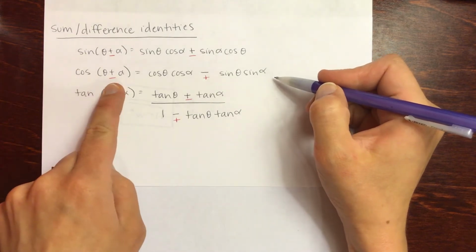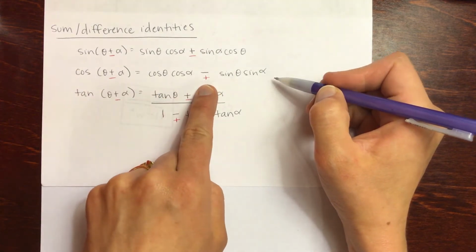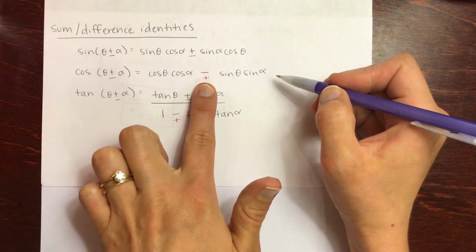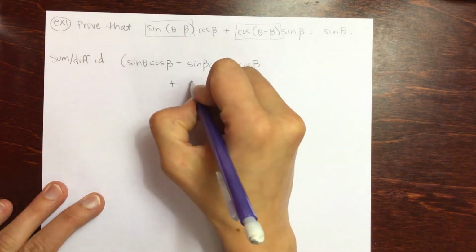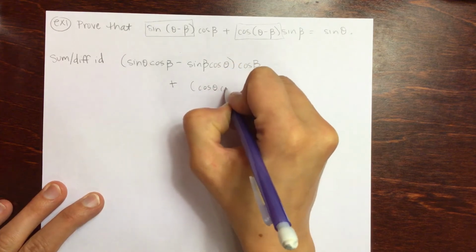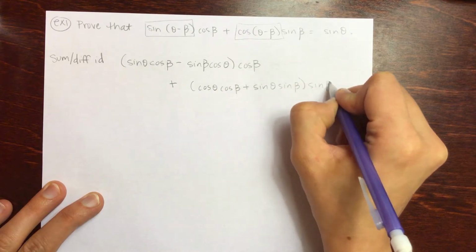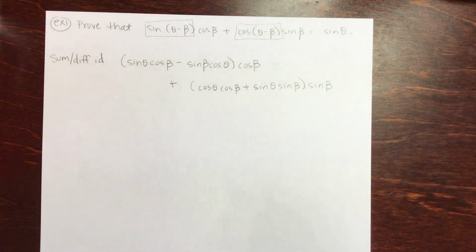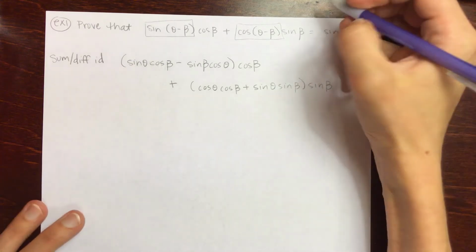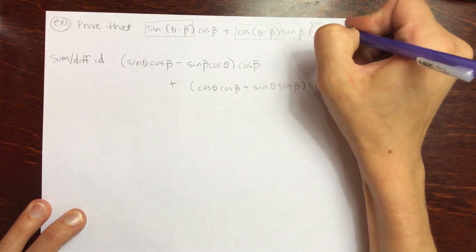I am subtracting the angles, so I will add, red and red, add my pieces together. And reminder, we only work on one side of the proof, so I'm going to just work on the left-hand side and get it to simplify